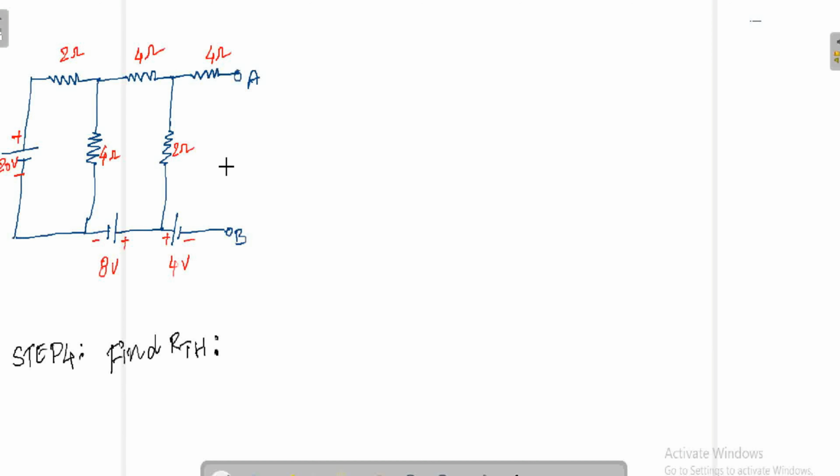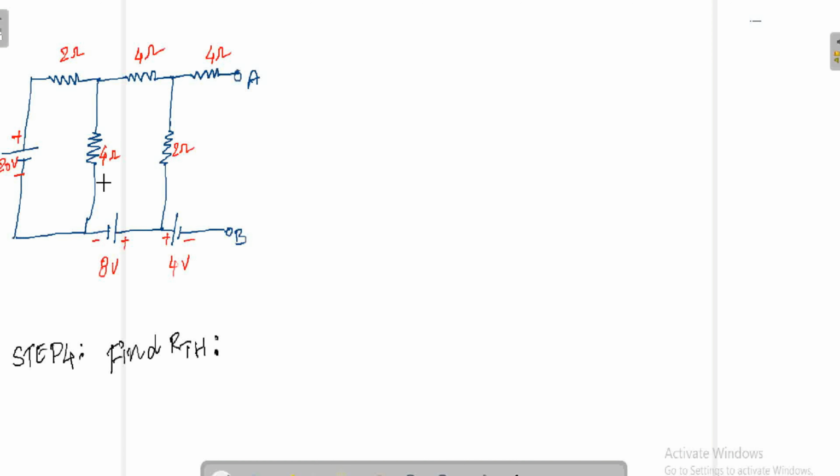So now we came to the fourth step. Just before the last step, have some patience. Step 4, find RTH. Till now, in the third step we got your VTH value. Now we are trying to find RTH. While finding it, we need to follow two cases, whether the circuit has dependent sources or not. For dependent sources, we need to follow different steps. If you observe here, do we have any dependent sources? No, we don't have any dependent sources in the circuit.